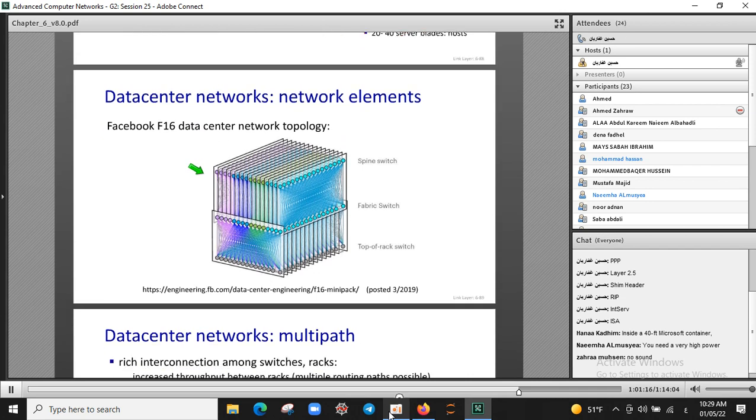Okay, look at this one here. This is part of Facebook data center. You can see here, in the top part of this structure, you can see different number of switches and a switch fabric, and finally those switch fabrics are connected to top of rack switches. This is a structure